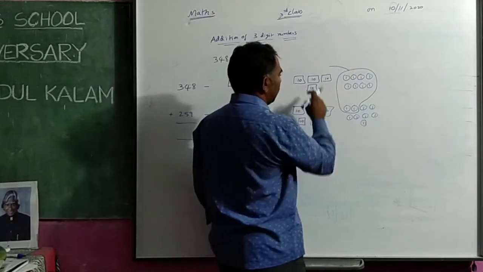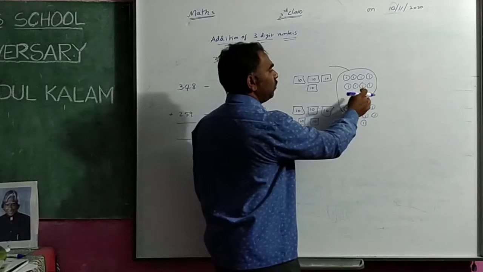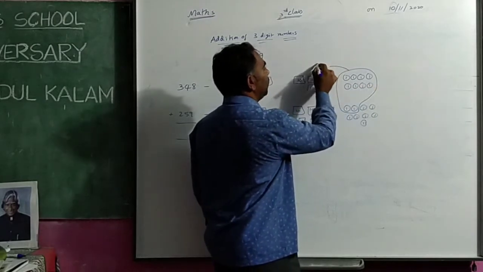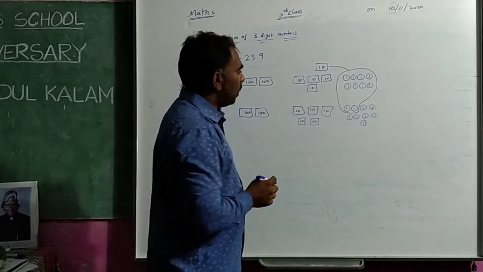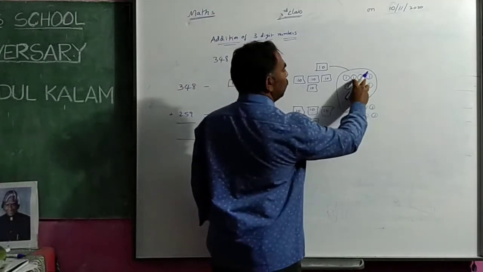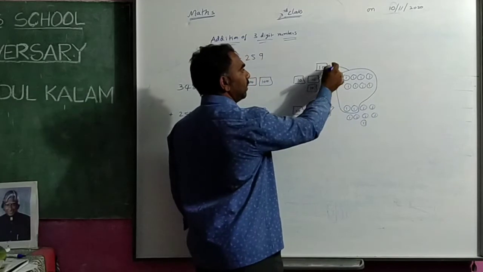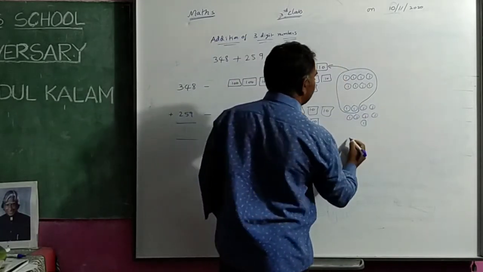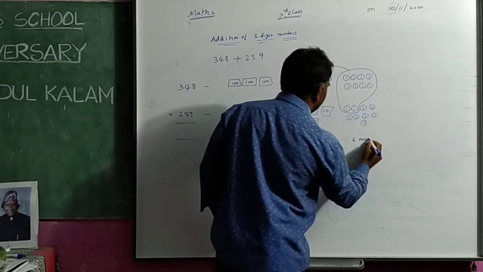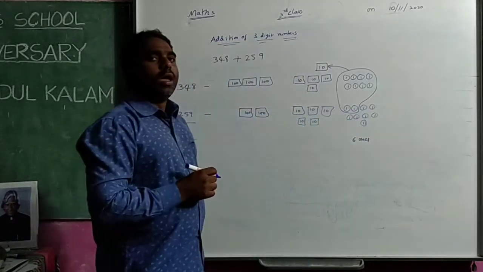So tens are there in this box. So that's why 10 we should not write here. Tens we will convert here. We will send the ten here. Now what are left here? These are 10 ones. 1 ten became and came here. Now what are there? 1, 2, 3, 4, 5, 6. 6 ones are there.